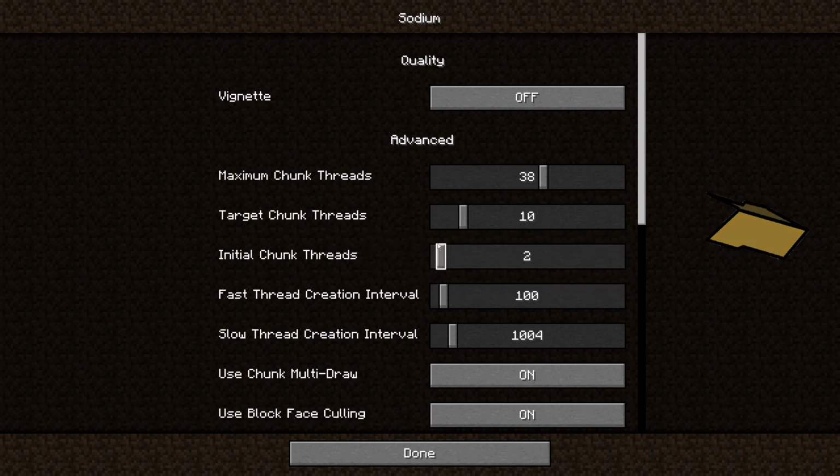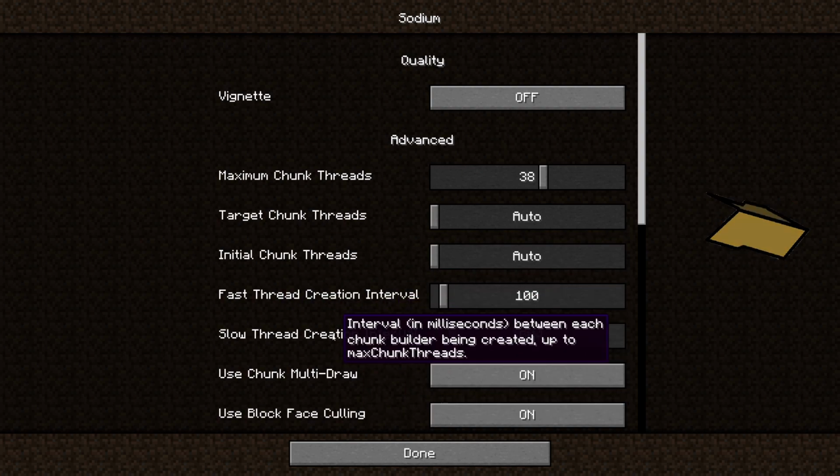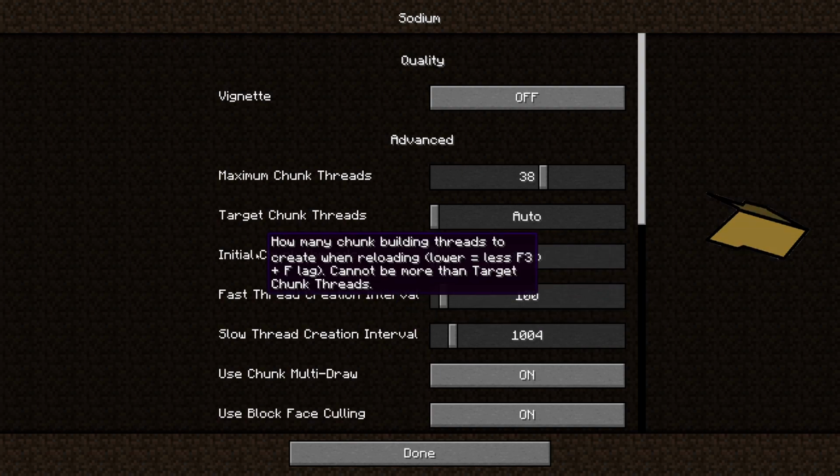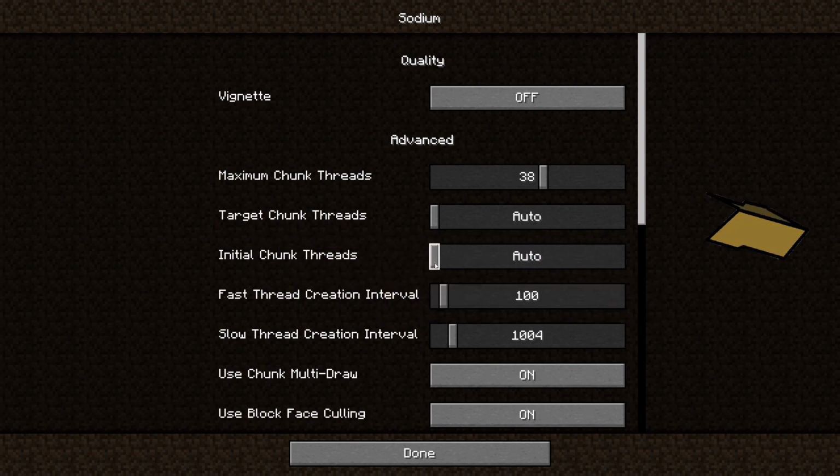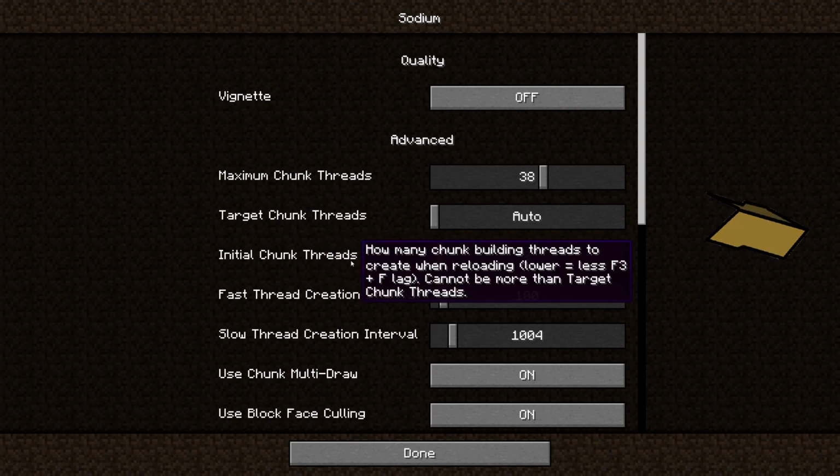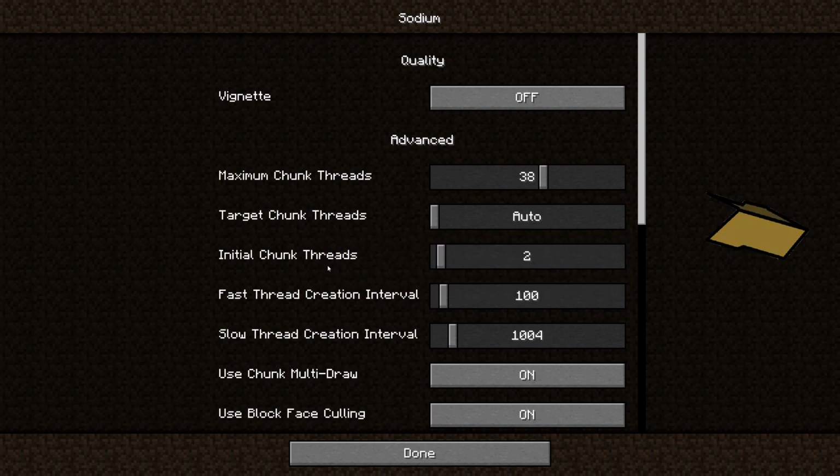The other two values, quite frankly, I would leave at auto. I don't think there's really any reason to change these. They're just there in case you want to hard code a lower initial chunk threads. For example, say you're frequently spamming F3F, but you really don't need that initial chunk building time. You can just hard code this to 2, and that's the minimum value. So that might help a little bit with F3F lag if you still experience it after this change